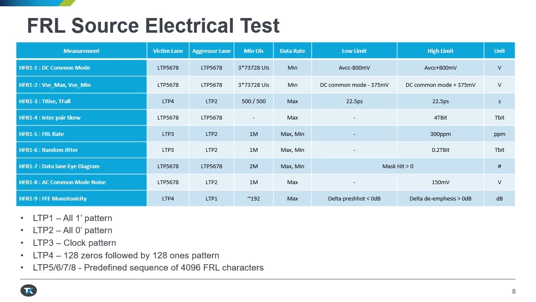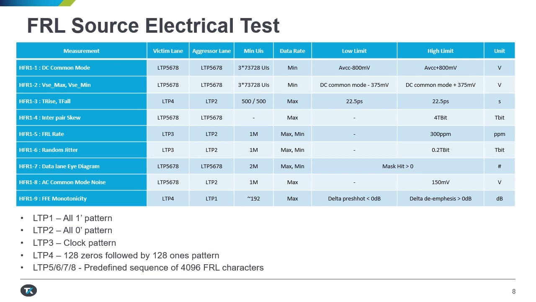Here are the list of measurements. Link training patterns are required on victim lane and aggressor lanes. The pattern should consist of a required minimum unit intervals and each measurement corresponding to one unit values. LTP1 consists of all ones patterns, LTP2 all 0 patterns, LTP3 which is a clock-like 1 and 0 patterns,